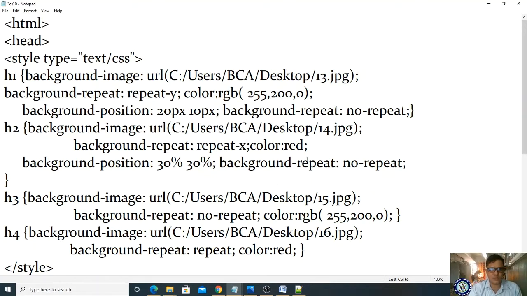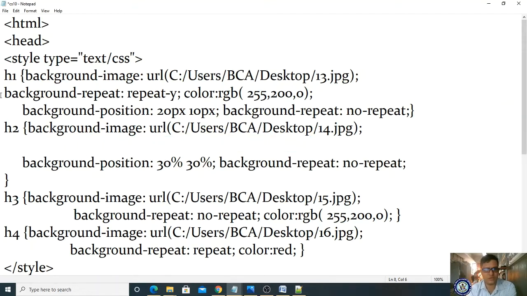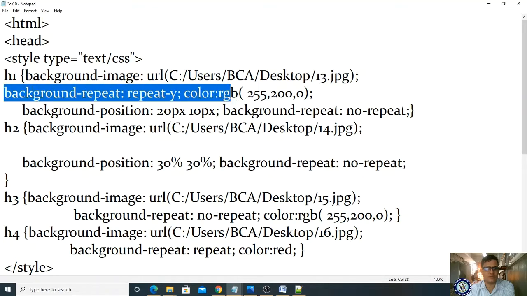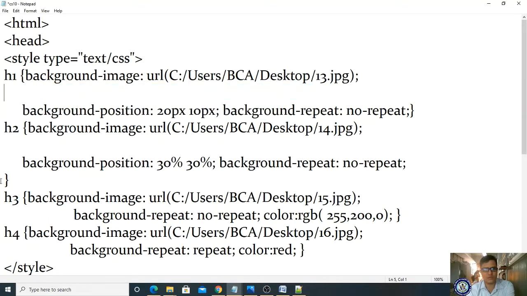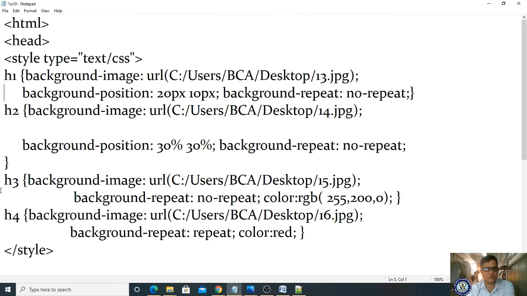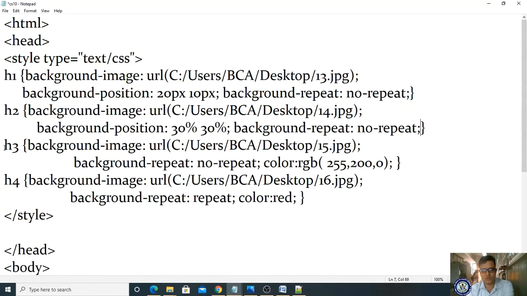Background repeat is there, and let me remove it here, not required. Here also background position and background repeat are there. We will remove this. This is for h1, this is for h2, and this is for h3.